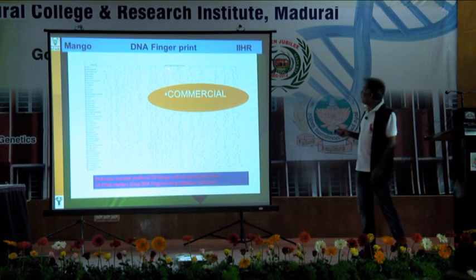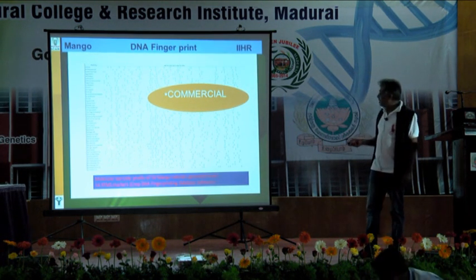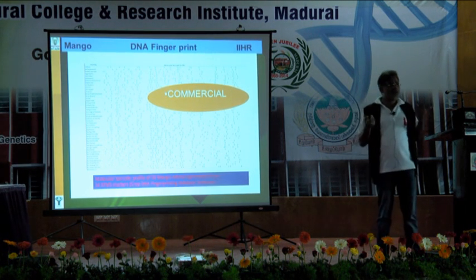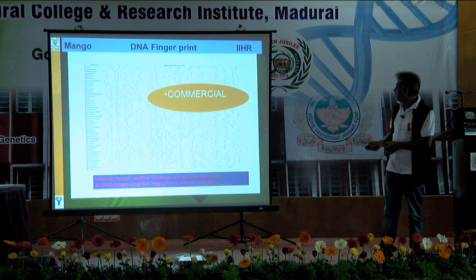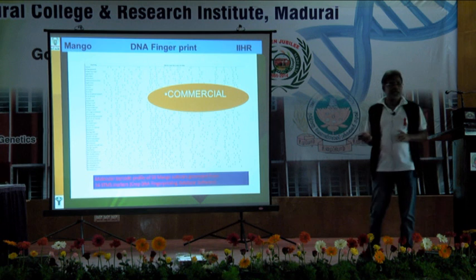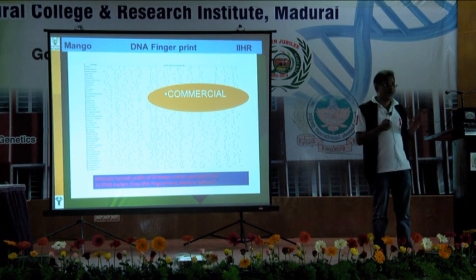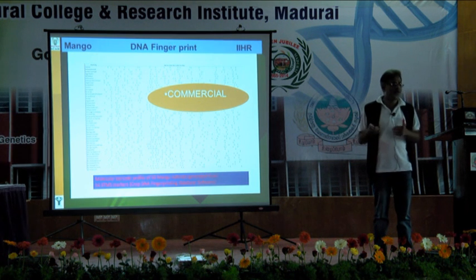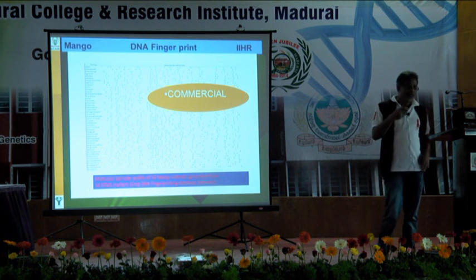In fact, mango DNA fingerprinting for almost 364 varieties. Yes, many will ask what is the use. You might have done DNA fingerprinting. I will tell you how we commercially exploited it. See, recently the Alphonso growers from Sindhudurg came and got their Alphonso fingerprinted from us, and because